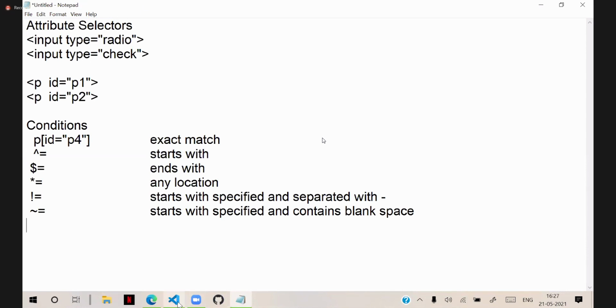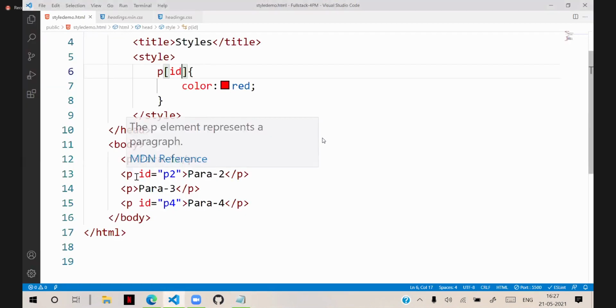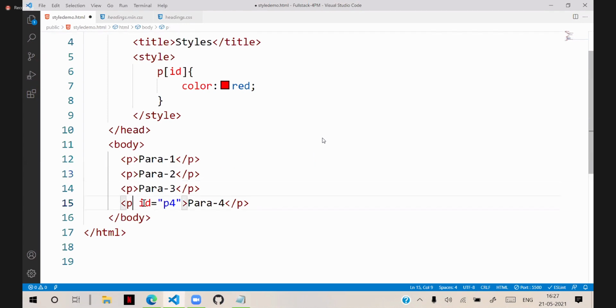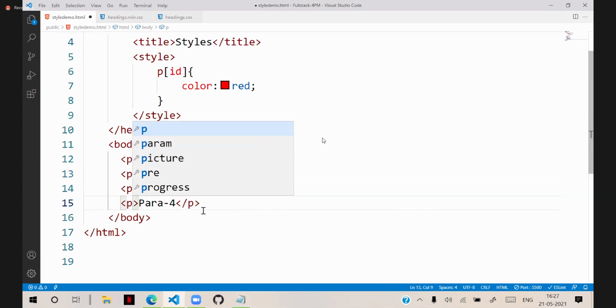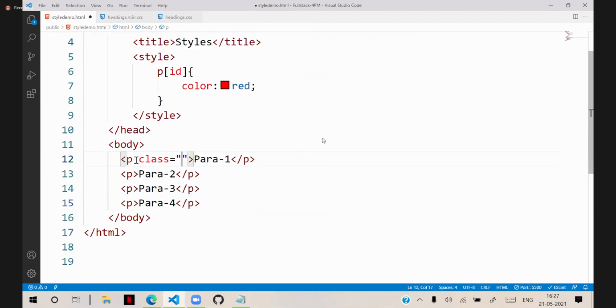Let's go to the design, and here suppose we have 4-5 paragraphs. So para 1, 2, 3, 4 like that. Now see, this paragraph is having a class. Effects is the class. So we are giving the class name as effects.